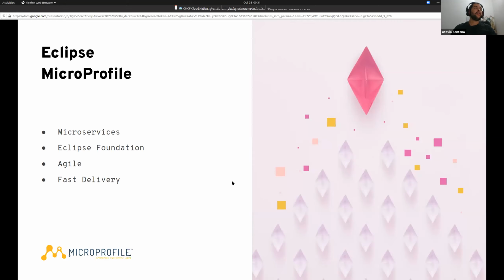Another product under the Eclipse Foundation umbrella is MicroProfile. Basically, it is a small piece of Jakarta EE or Java EE, where it has CDI injection, JAX-RS for RESTful applications, and JSON binding to process JSON.